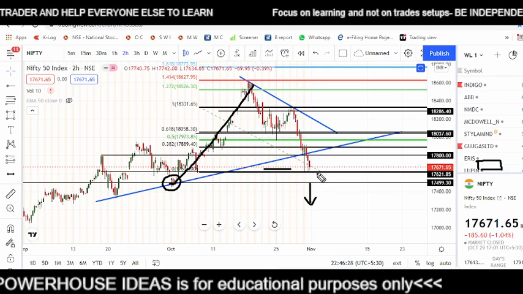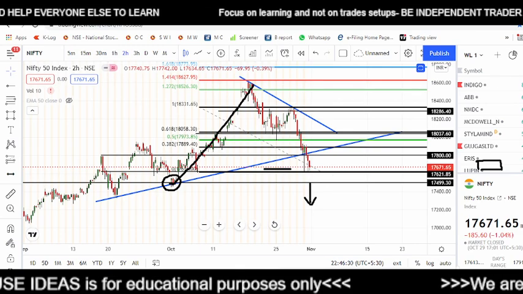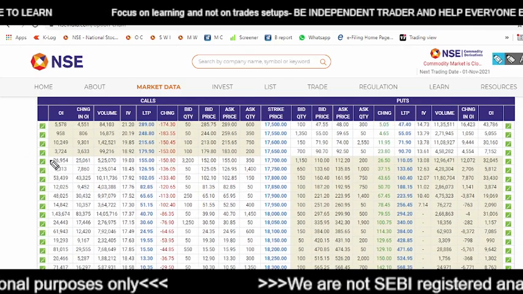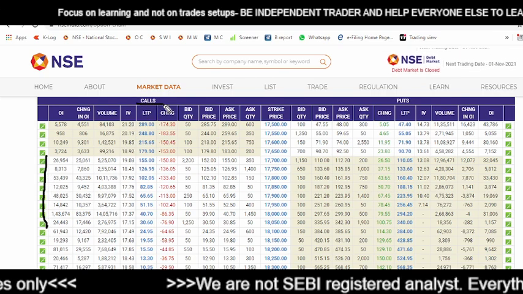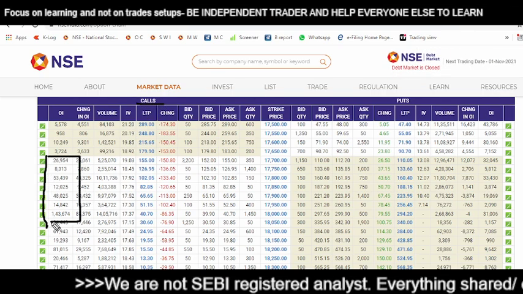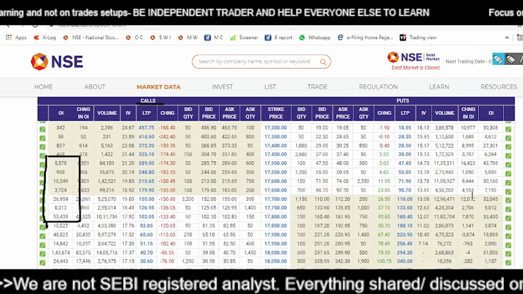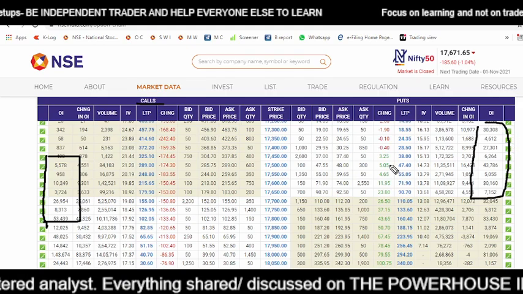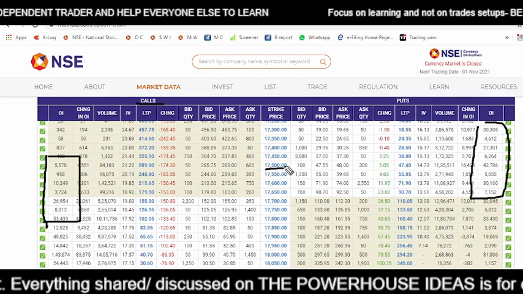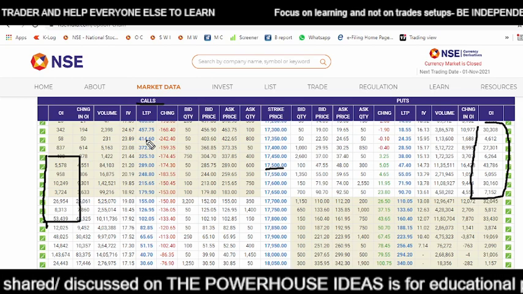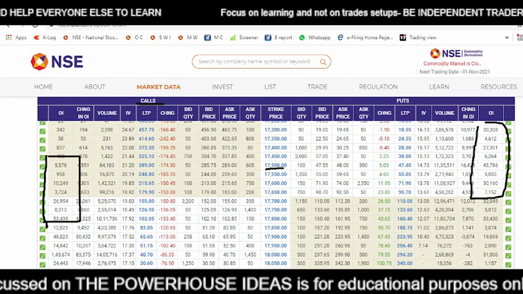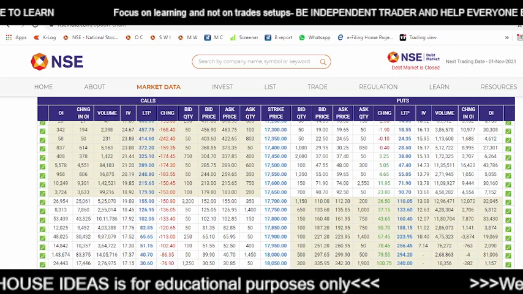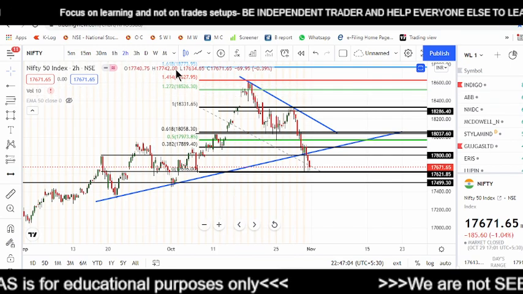Okay, so these are all the levels for you. This is all the understanding about option chain. One last very important thing: you can see that the call resistance, the call writing side, that is the resistance side, is having huge call writing, and on the support side, the put writing is not having such huge support except at the level of 17,500. So the bearishness is still in the market. That's why we are planning to take a counter trade. Now let's see how it rolls out in the real market. So this is all for Nifty 50 which I have for you.